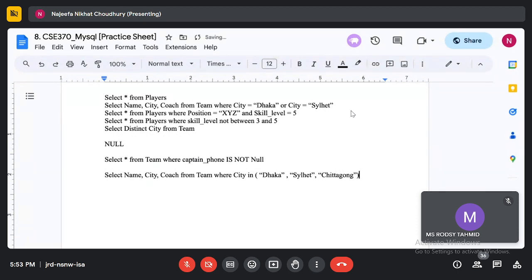Now I provided a list, and it will check if the value of city matches any value from the list. It will return the row, or it will be true. So instead of equal to, if I use IN, I can provide a list, and the value will be checked against the list instead of a single value. That's the difference. Any question?